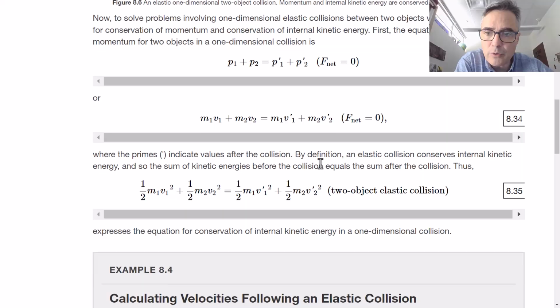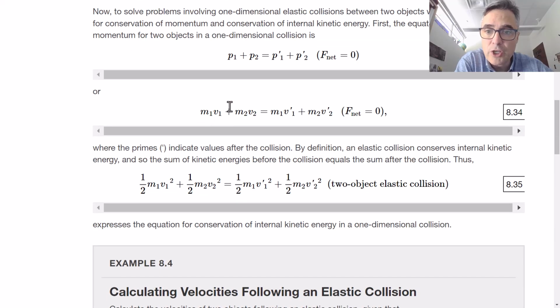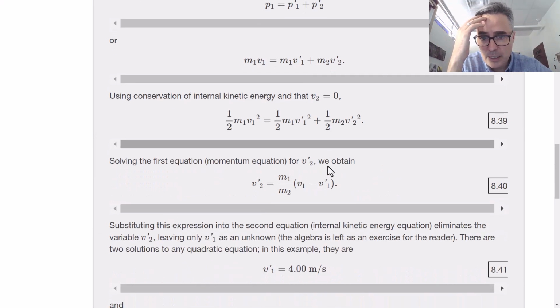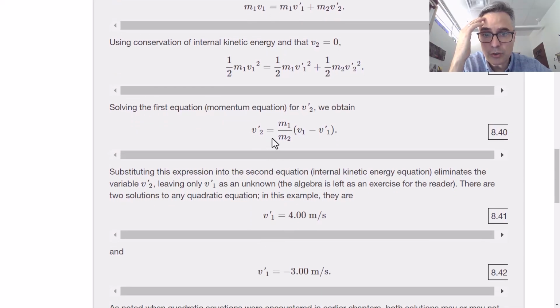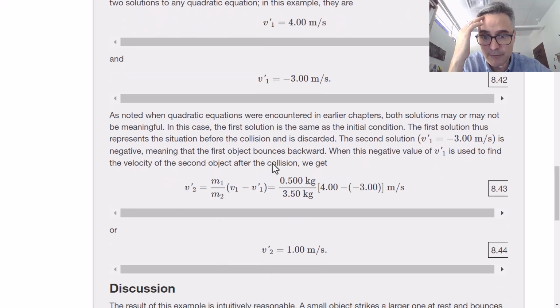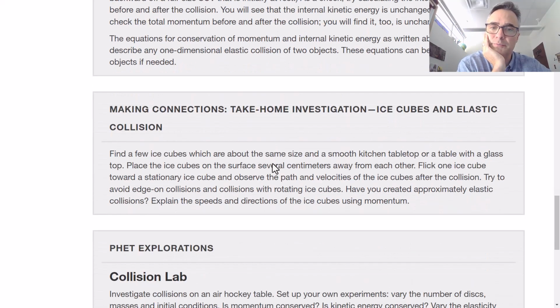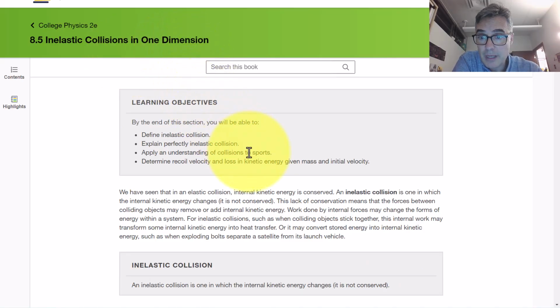So you end up with two equations here for an elastic collision. One is the momentum before and after is the same, and the other is that the energy before and after is the same. And they look similar, but one has mv's and the other one has mv squareds. And so there are two equations, and there's sort of two unknowns, which is the final velocities. So it takes a little bit of work, but you can combine these equations and solve for v2 prime and v1 prime, the final speeds of the two particles.